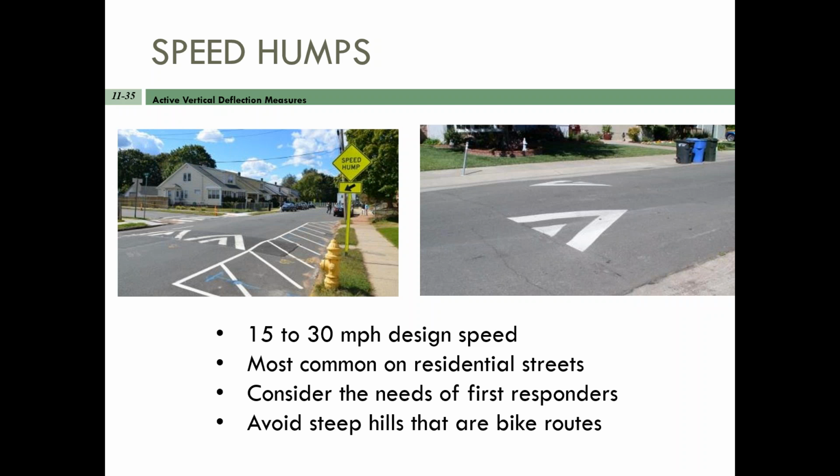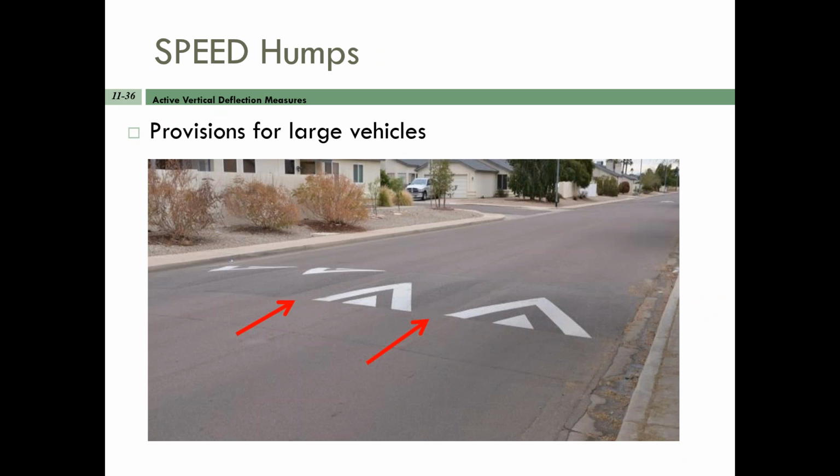Okay, I see a pattern here. So a lot of things in combination. In this image, it looks like they've got some provisions for larger vehicles. Are we talking probably fire trucks here? Yeah, quite often you can do it for fire trucks, sometimes certain kinds of delivery trucks, and this can work fairly well, though quite often I think